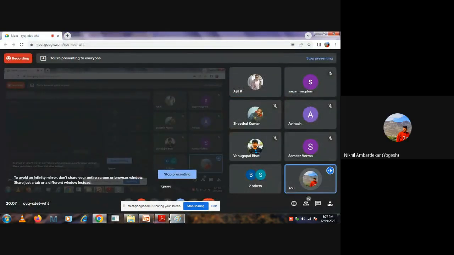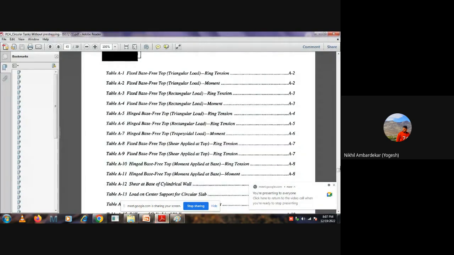Now I'm going back to the PCA table. As usual, different support systems are mentioned based on the triangular or rectangular load. You are now well aware of what a triangular load and a rectangular load are. Now we have the cantilever water tank, which is fixed at the base and free at the top. So I will go to this A1